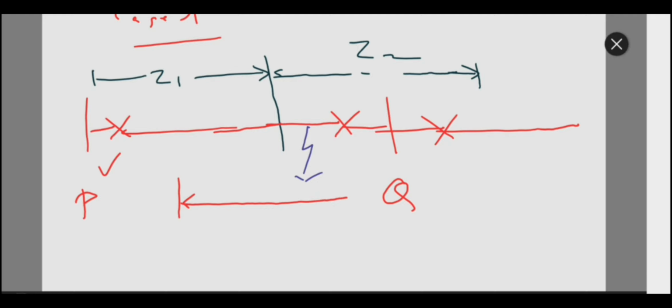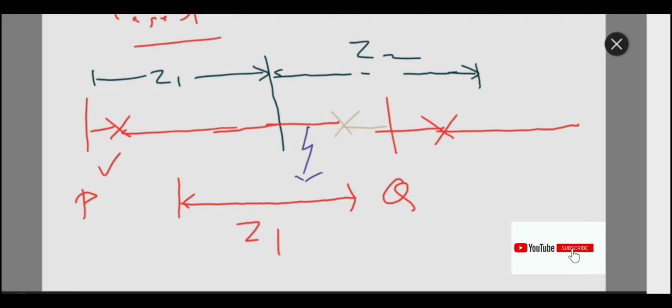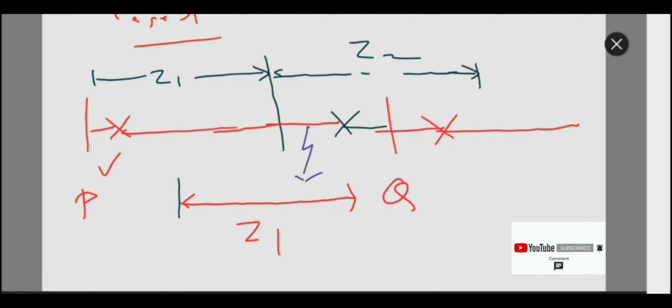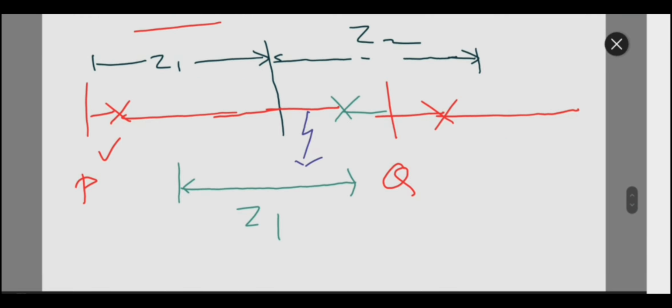See, this is zone 1 for the receiving end relay. If this is the receiving end relay, then this is a zone 1 fault from the receiving end.